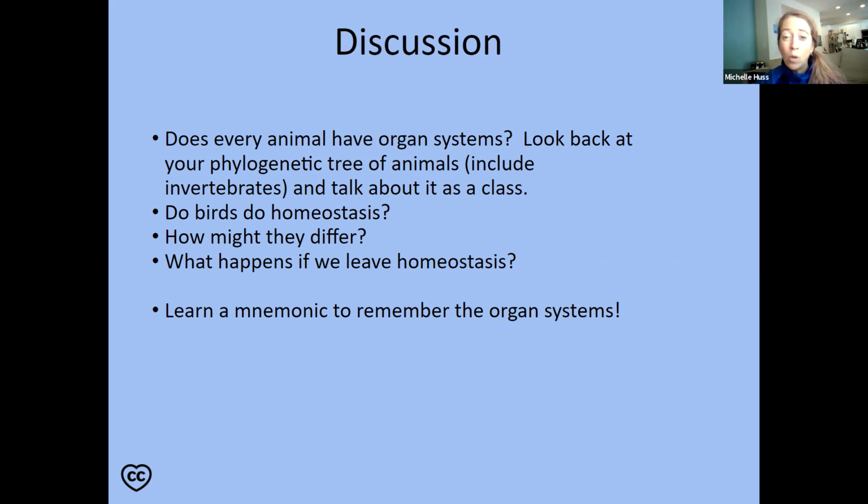Now, do all organisms have all organ systems? Do all animals, like take a sponge, take a jellyfish. Do jellyfishes have hearts? No. So not all organisms, not all animals have these organ systems, okay? And that's fine. A lot of invertebrates either have them or they have unique organ systems, which is cool. Like insects are amazing, but they don't do it like we do.